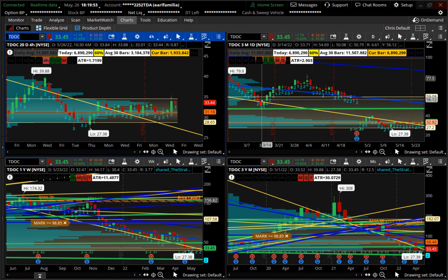Sometimes you just pick up on things and notice, but I really had a heavy preference for the 3-1-2s over any other 4-hour setup. So I like to use the 4-hour as my time frame to target entries for these 0-day setups. The reason is I like the movement when these trigger. I'm not looking for a scalp or a quick trade. Typically I'm trying to get in something where I could be in there for an hour, maybe two, and if it's running good, maybe the morning session of the day.